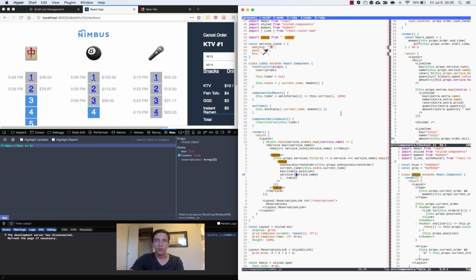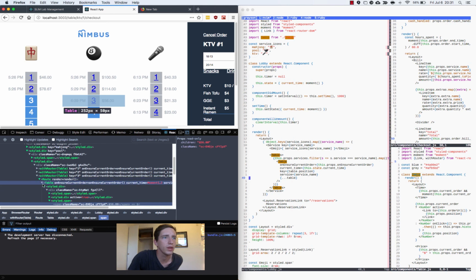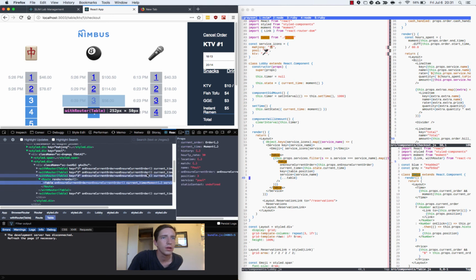All right, I'm bringing you back for a brief moment before we upload the video. I had actually started to upload this and then kept going with the refactoring and pretty quickly noticed something that I want to call out. So let's look back in the app to a table with an existing order. All right, so this table, which is pool 3,